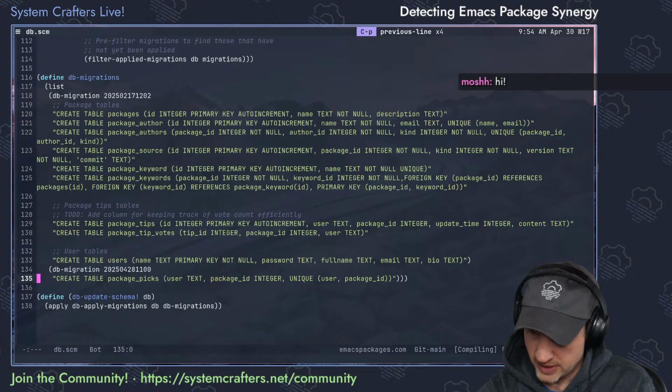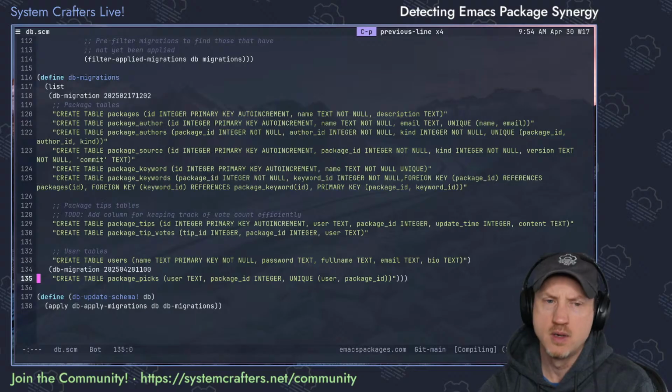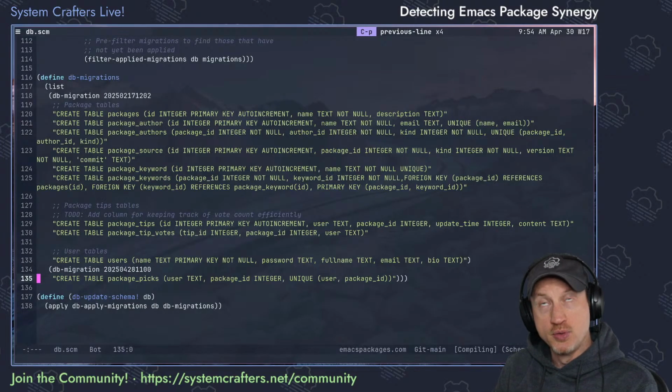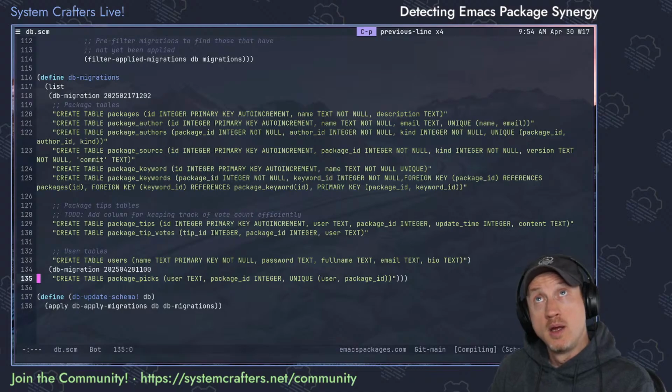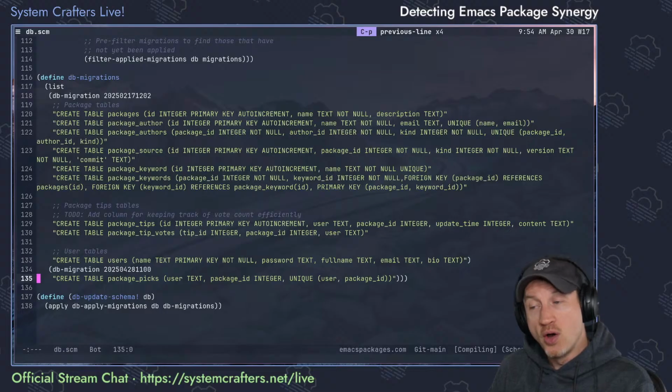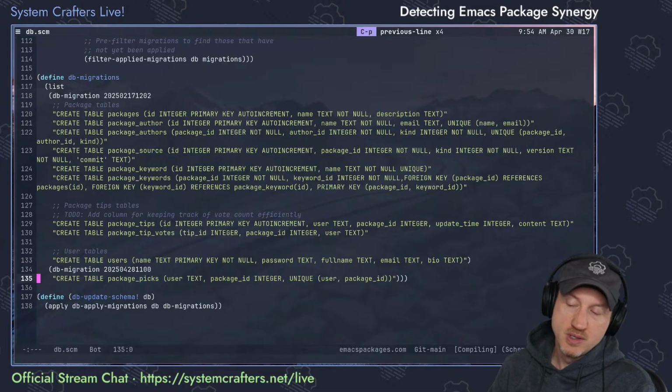So the goal is that we should be able to cross-reference the set of packages that a user uses and then compare it to the packages that all users use